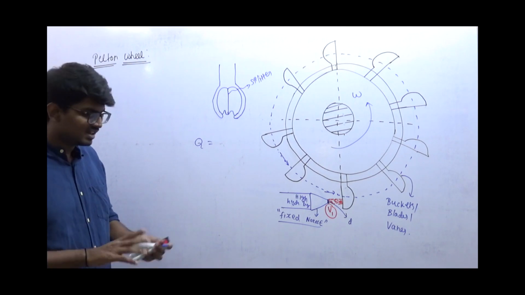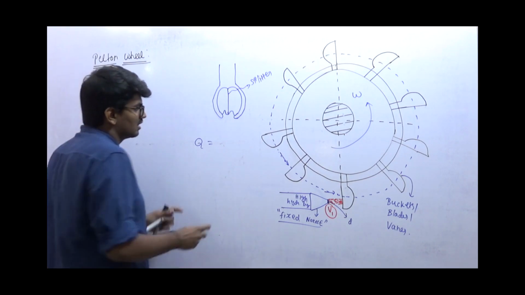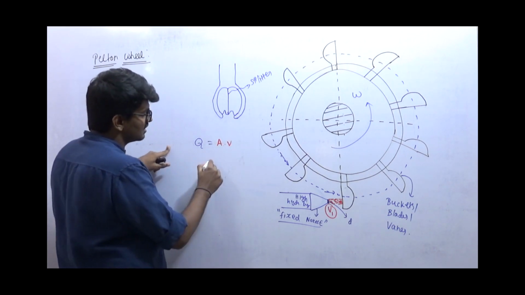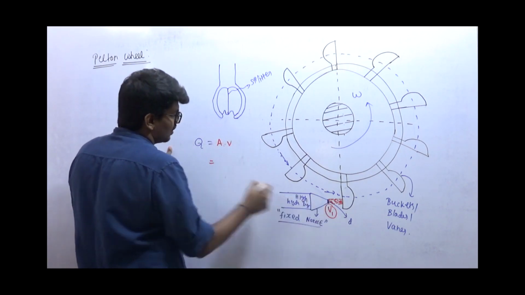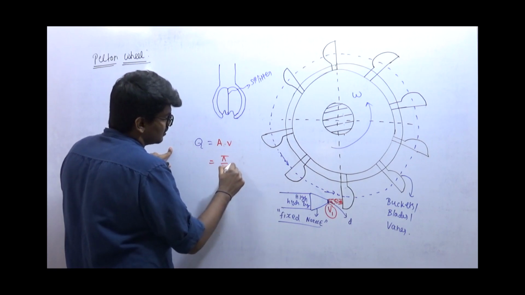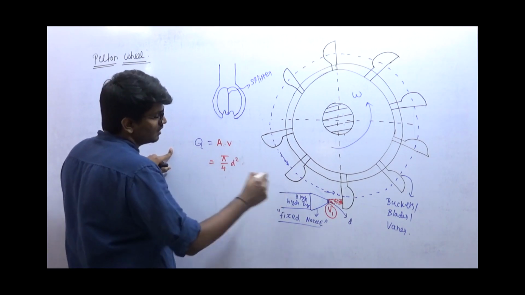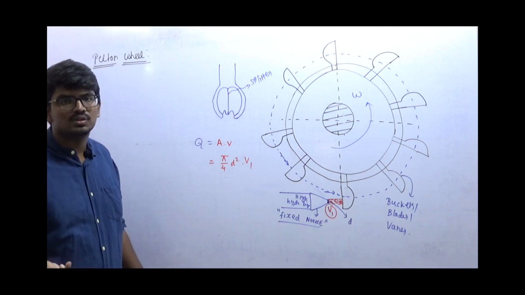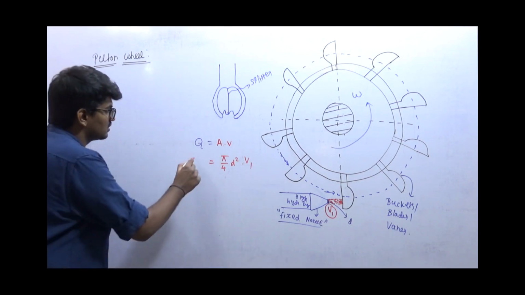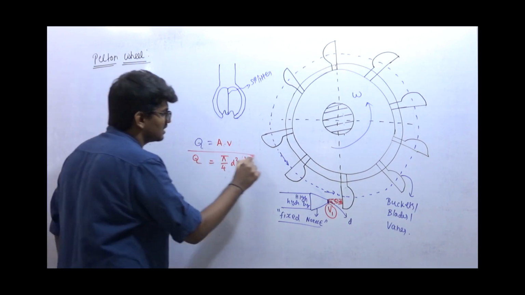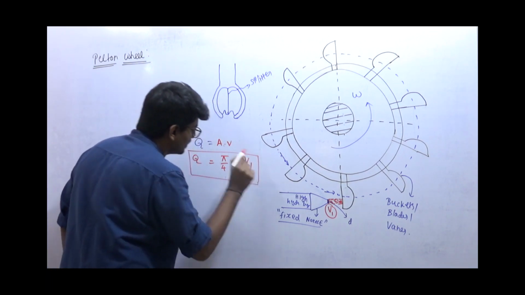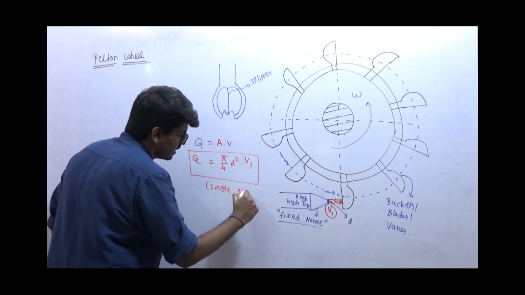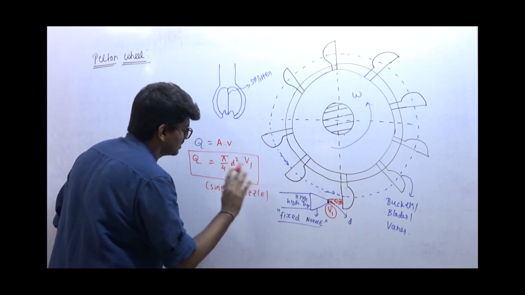Okay, and also this diameter is d. So discharge is nothing but cross section area into velocity, right? In this case, the cross section area of the nozzle is pi by 4 d square into jet velocity v1, and I already know what the jet velocity is. That is v1 is equal to Cv root of 2gh. So this gives the discharge through a single nozzle. Let me keep this equation here itself.